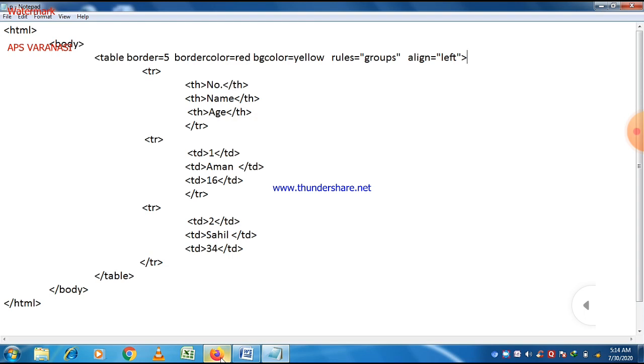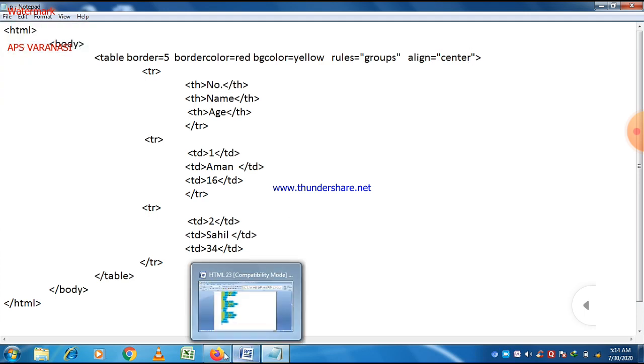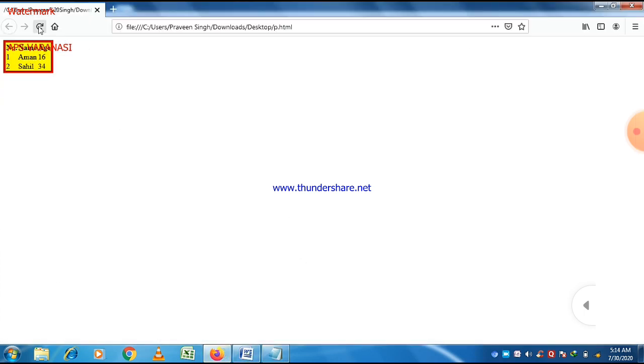And if you just put a value of center, then let us see what happens here. No, this is the center.